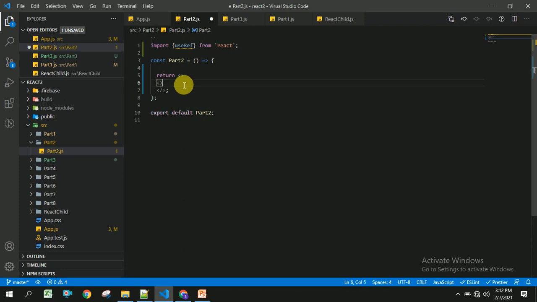Now I am going to create an input, and I am giving some value to this input.